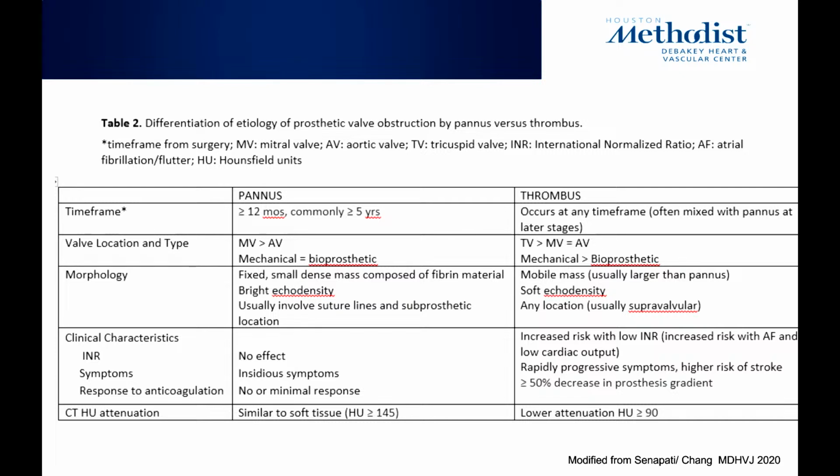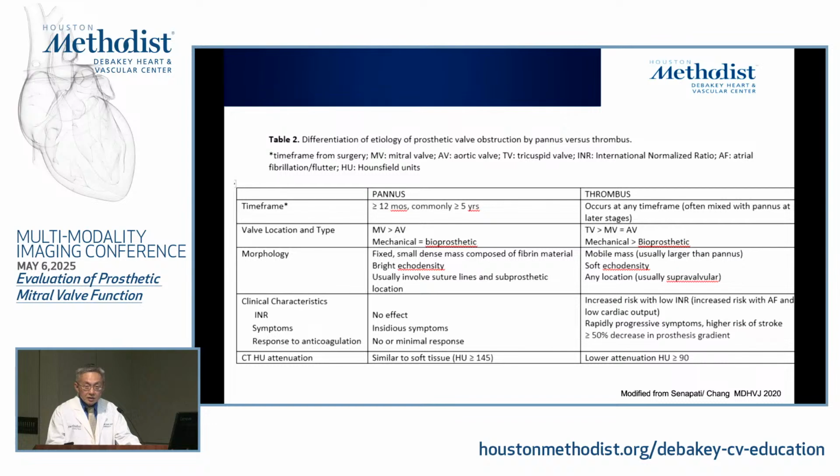So for obstructive lesions in the prosthetic mitral valve, pannus and thrombus, I have to confess, I had a hard time finding any case of clot, because I believe most of these patients are quite sick and get a TEE done, and they take care of it without really needing a CT. And truth is, most of the time, you probably don't need a CT unless you suspect anything subvalvular on the TEE. What do I mean by that? On the ventricular side, but sometimes you can get it with a transthoracic as well. But if you have a question about the subvalvular or the ventricular side of the prosthesis, CT could be